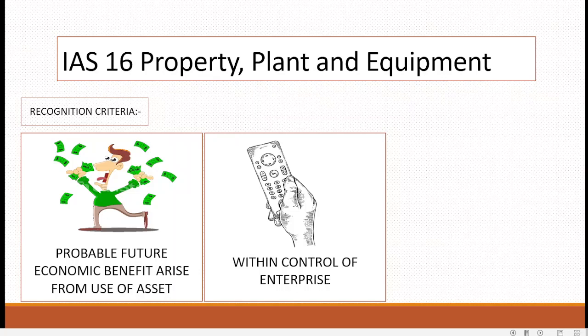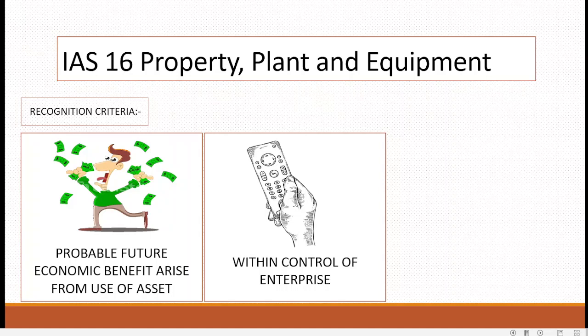So it's not like you have given this asset to somebody else for their use. Then this asset is not going to be under property, plant, and equipment for us, right? So let's say there is an NGO, you have bought an asset, and you have given it out to somebody else, whether for rent or for any other purpose. Not for rent, because if you do rent, you still maintain some kind of control over the asset: you may have a right to inspect, you may have a right to look at the property, or you will have a right to get it back.